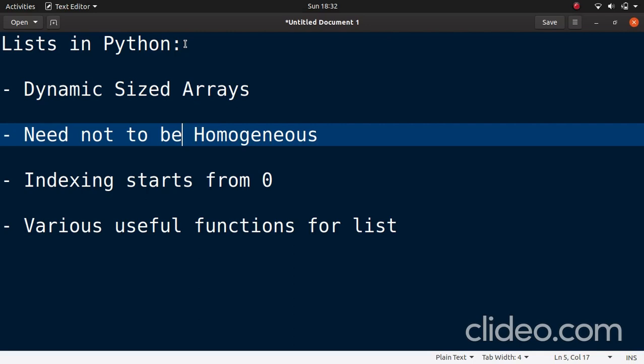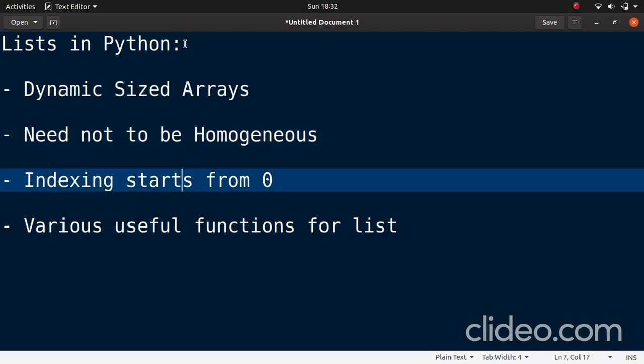But in C language, you need to have a predefined data type for an array. If you want a character array or an integer array, you can't put a character in an integer array. But in Python you can put an integer in a string list, or you can even put objects in the list. So it's totally fine.